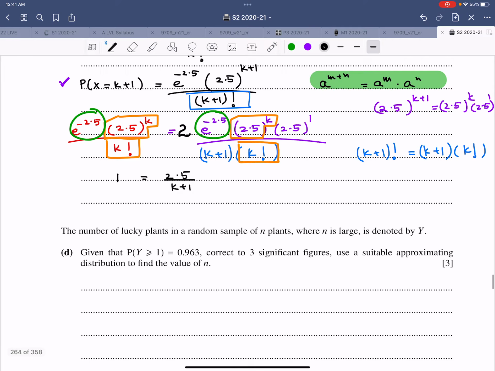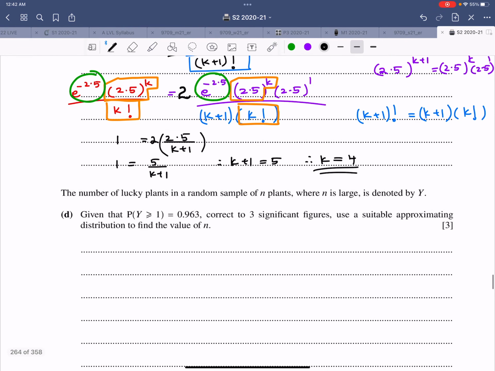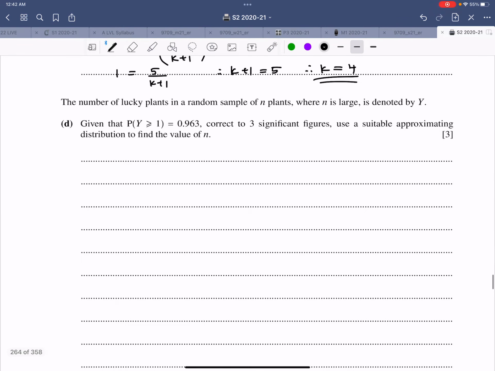So when we have this 2, this is 2 multiplied by this. So therefore 1 is equal to 5 over k plus 1. Therefore k plus 1 equals 5. Therefore k comes out to be 4. So that is a pure maths calculation that we are using over here. Now it says the number of lucky plants in a random sample of n plants where n